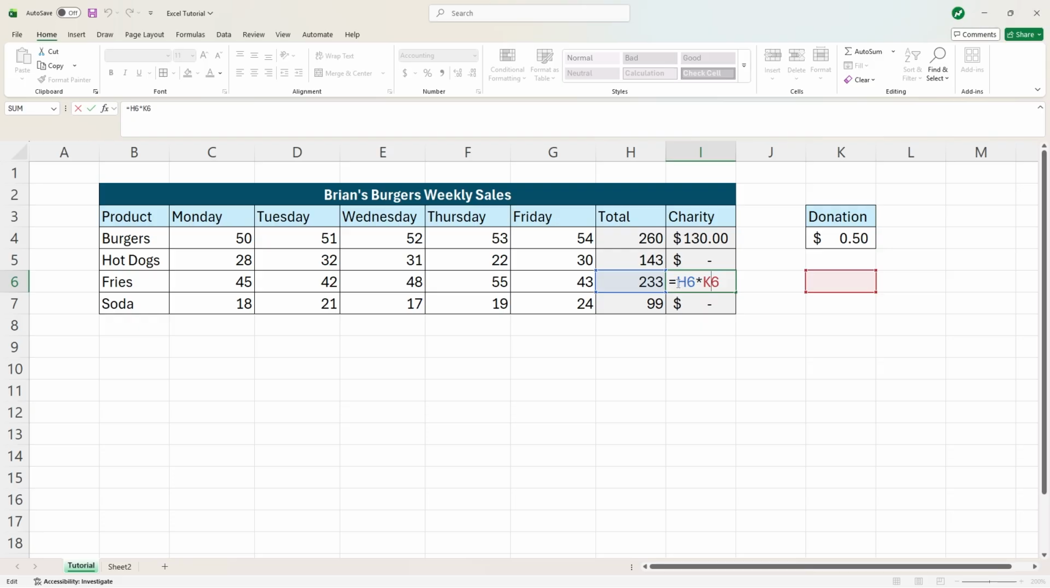So what we have in our formula is called a relative cell reference, where this formula for hot dogs is relative to the formula for burgers. So H4 times K4, we drag down, and it's still the same relativity in that we are multiplying the cell that's 1 to the left and 2 to the right, because for burgers, we were multiplying the cell 1 to the left and 2 to the right of the cell